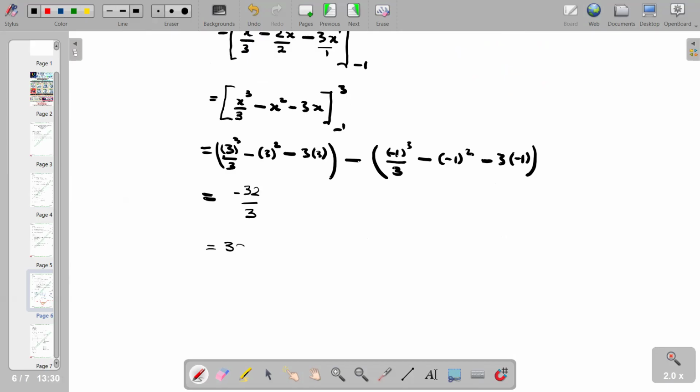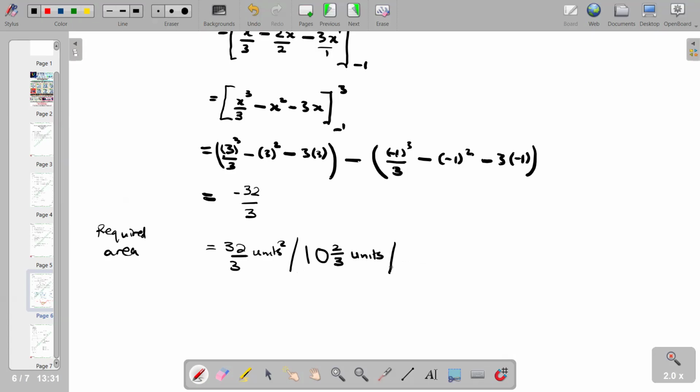So the required area will be equal to 32 over 3 square units, or you just convert that, it becomes 10 and 2 over 3 square units,